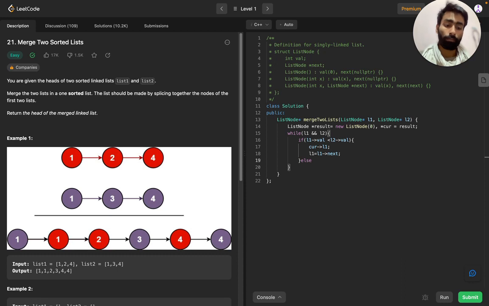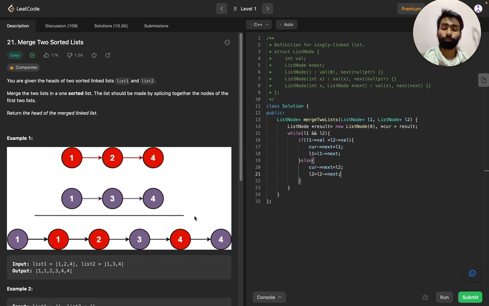Else, meaning either L2 is greater than L1 or it is equal to L1. So in that condition, we need to set current next equal to L2, and L2 equal to L2 next, that is we incremented the pointer to the next element.